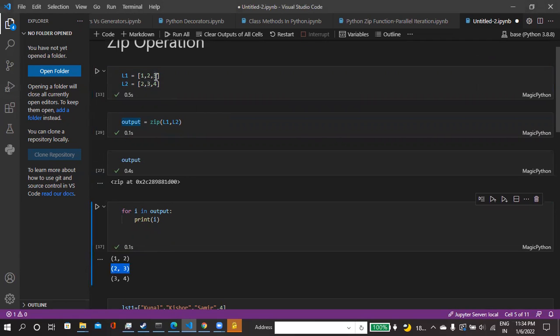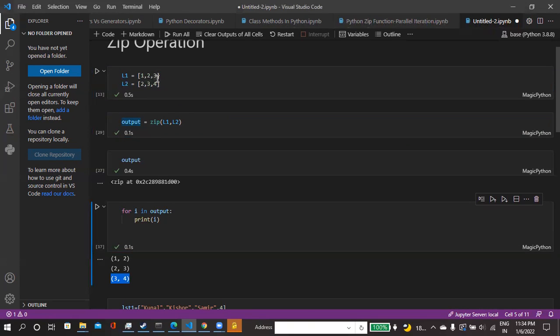Similarly, the second index from L1 and the second index from L2 merge together and create 3 4 as a tuple. So this is the zip operation. If we zip together two lists, it will create tuples of that particular length.